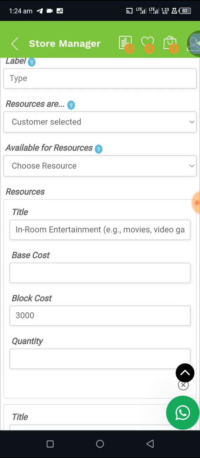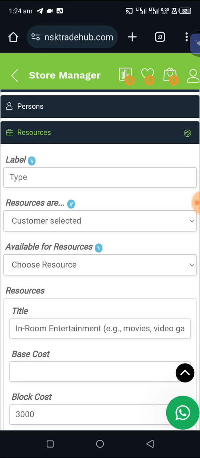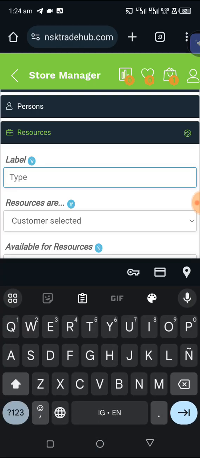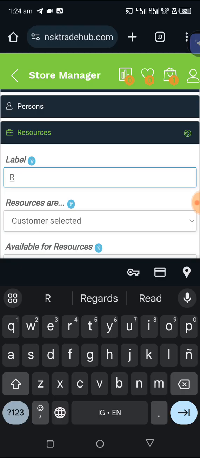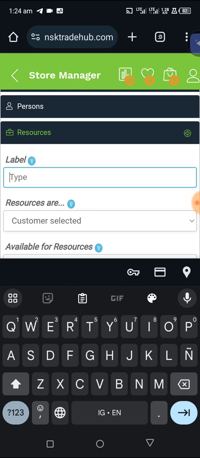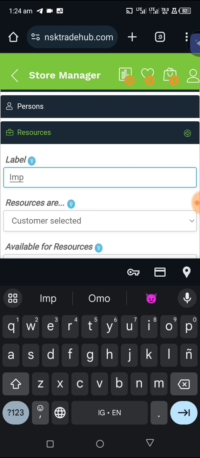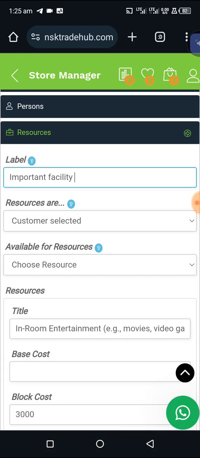So the next one should be resources. So let's deal with these resources. This is just a label of these resources. Let me just say important facilities. Personal facility, let's leave it. Important facility, let's leave it like that. Then